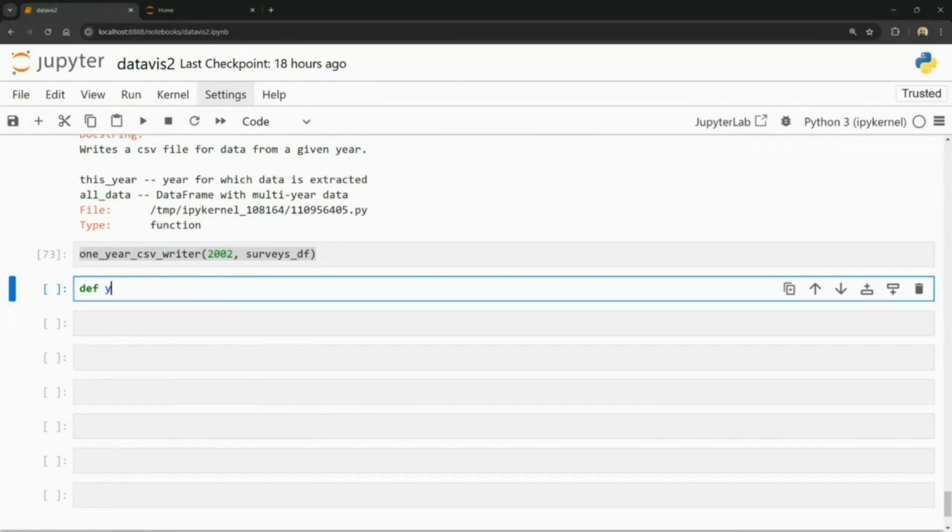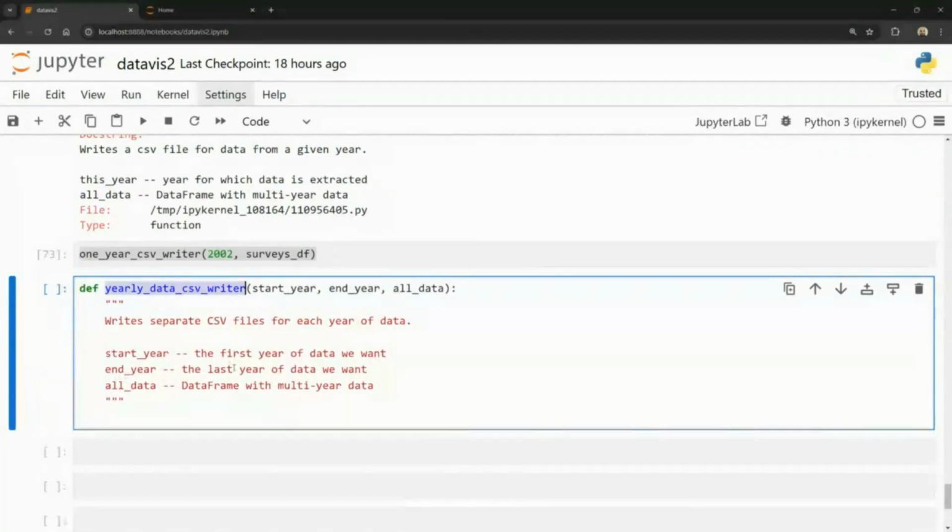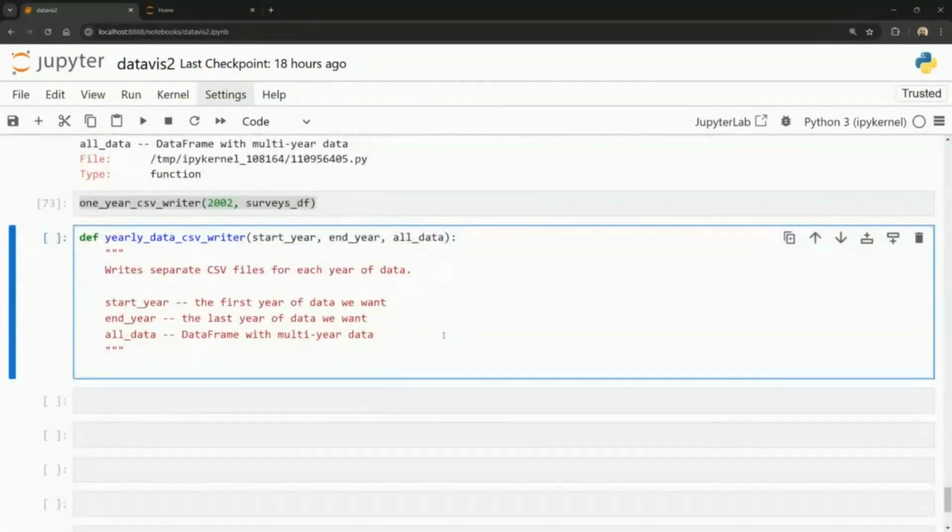So, a function called yearly data CSV writing. In this one, I'm going to pass it the start year and end year of the years I want to write, and then again the surveys data frame. Just a warning that end year